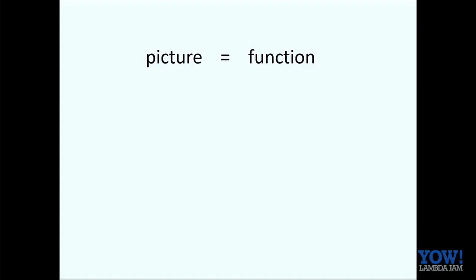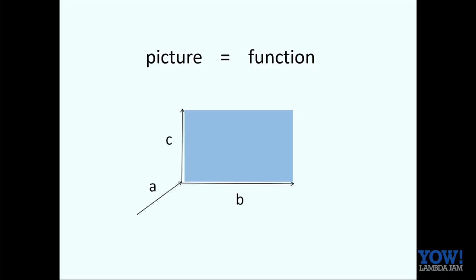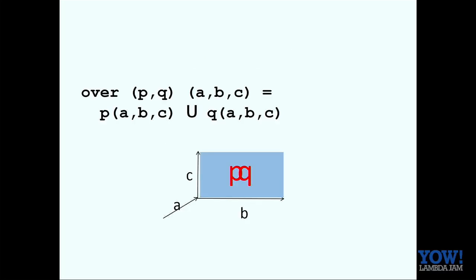What would Alonzo Church do? Yes, of course, a picture is a function. So Peter found a cunning way of representing pictures as a function from 3 vectors, A, B, and C, that would return a list of plotter commands that drew the picture within the blue rectangle defined by these 3 vectors. And choosing this representation made the operations on pictures really easy to define. So how do you overlay 2 pictures, P and Q? Well, you just draw them both in the same rectangle, and then take the union of the plotter commands.